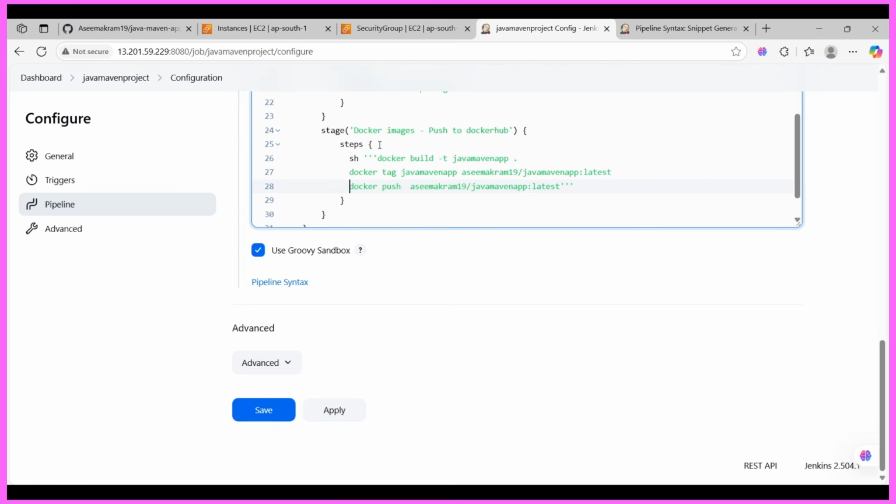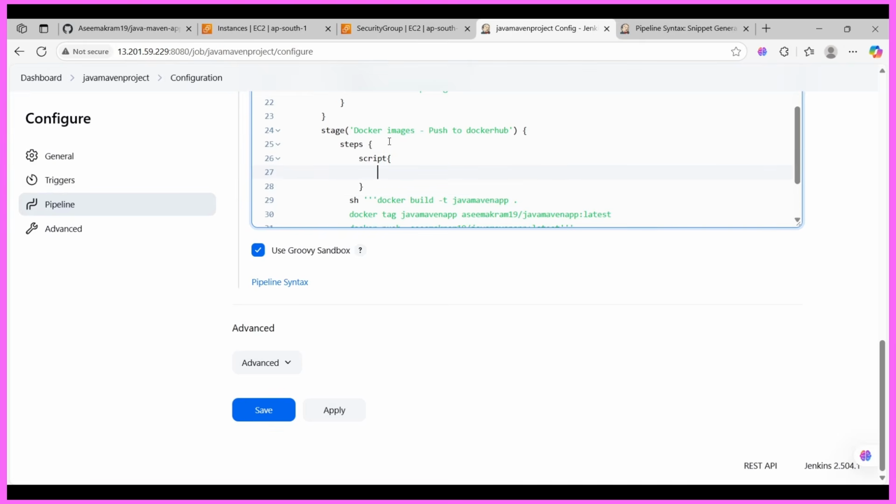In order to pass the credentials, we need to add a few stages over here. One more step I need to add is a script. In the script I'm going to give it over here and hit enter. Then I need to specify the credentials which I'm going to use in order to push this to Docker Hub. So I'm going to give it as Docker, then registry,